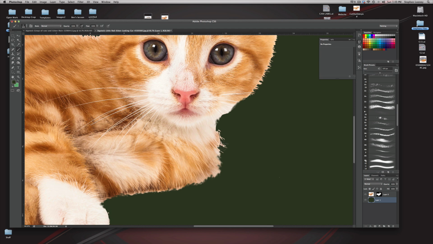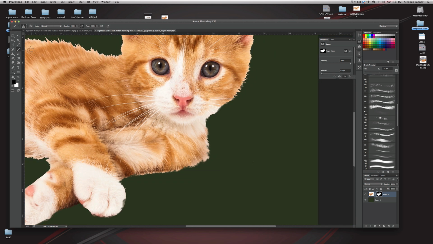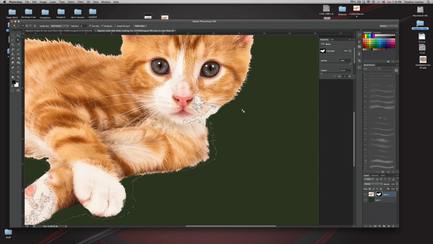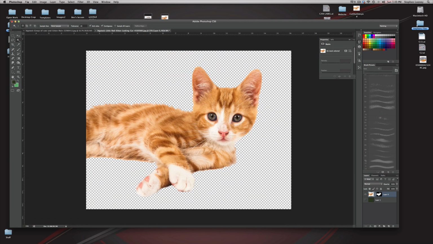I'm not really fond of what's going on right here. So I'm going to go back into my mask, and I'm going to mask that out a little bit. That kind of crap that's happening right there. And let's see what we can do here. All right. Okay. I'm going to turn this off, and I'm actually going to crop this image by taking my marquee